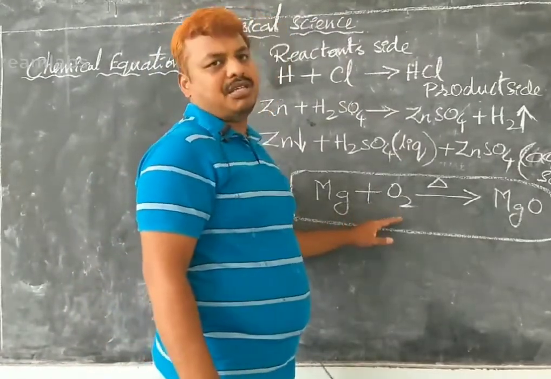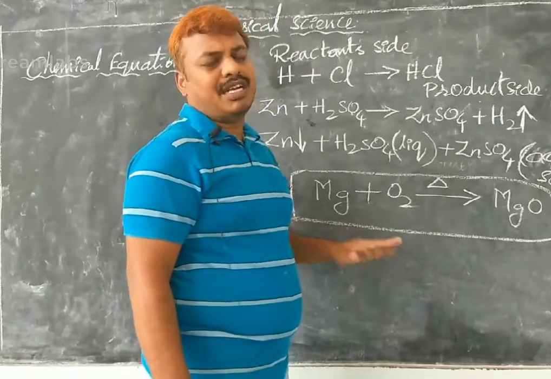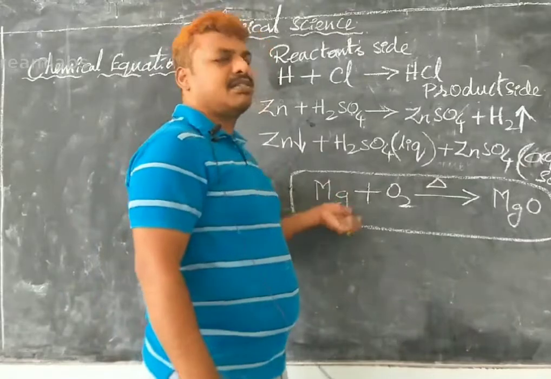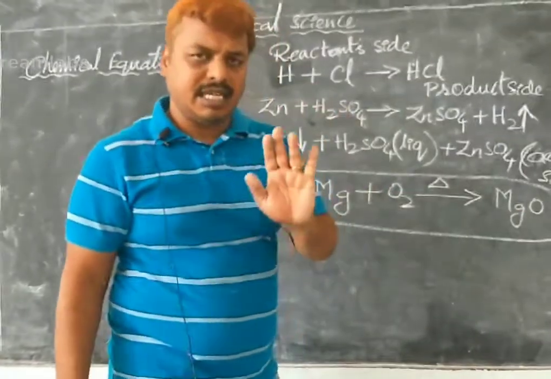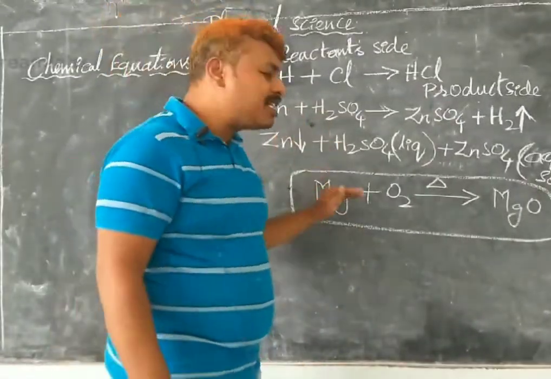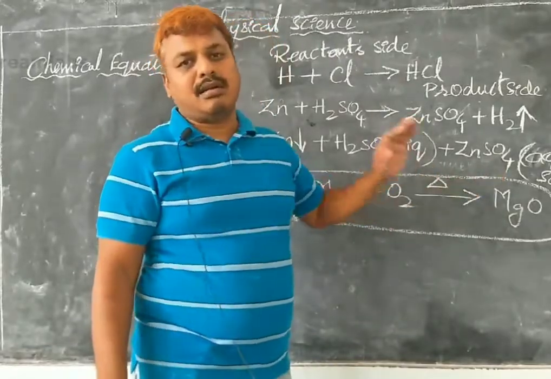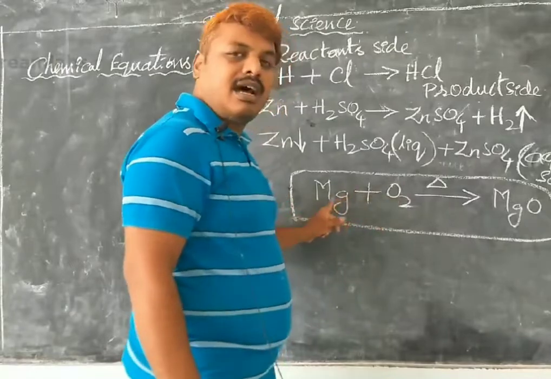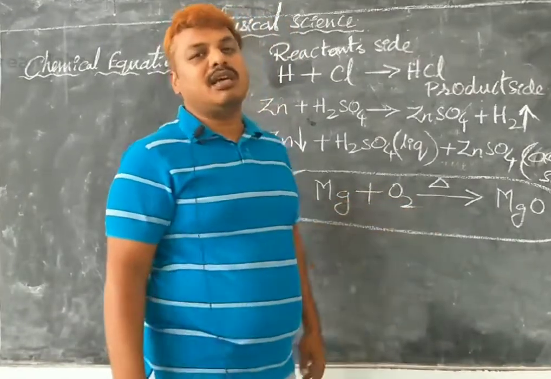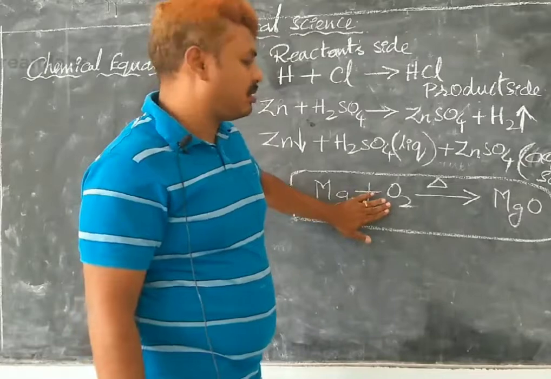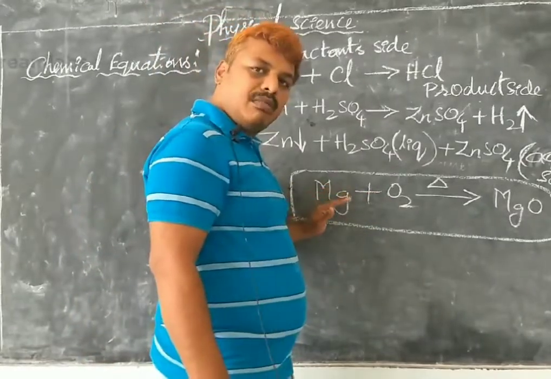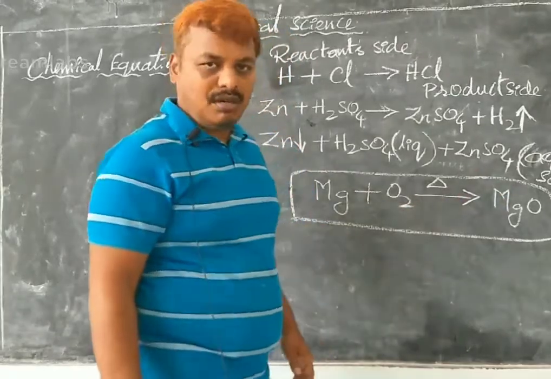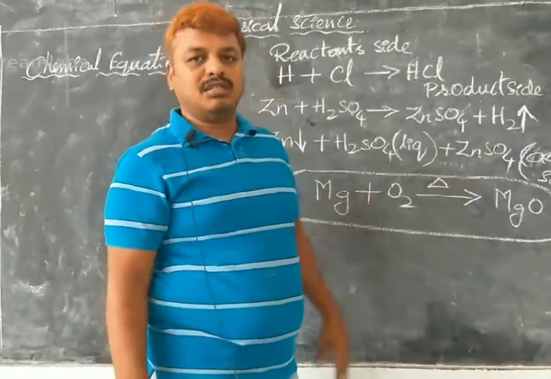This skeleton equation is the correct skeleton equation. When it comes to the formation, magnesium reacts with oxygen, forms magnesium oxide. This equation is correct. The skeleton form of product is correct, but because there is no balance in the number of atoms on both sides, we have a problem with this equation. Magnesium reacts with the oxygen molecule, gives magnesium oxide molecule, which is the correct formation.